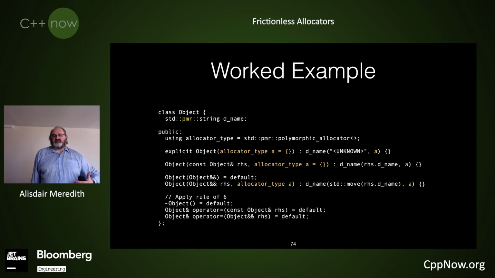Here I'm building a class object. It's a simple object. It has a name as a PMR string because it's wanting to be allocator aware in C++20. I have to, of course, have my allocator type here, and I'm using polymorphic allocator. Most of my constructors I've now extended with an allocator. And to keep life simple, I'm providing a default argument for the allocator,